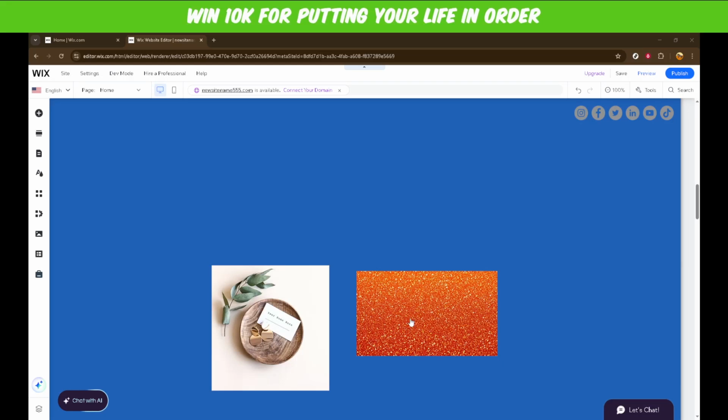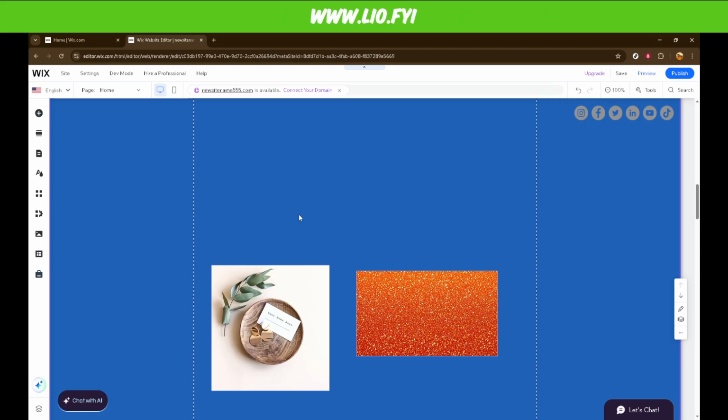In today's video, I'm going to teach you how to resize images on Wix. Whether you're updating your site with fresh visuals or adjusting existing images to better fit your design, resizing images properly can significantly enhance the look and feel of your website. This comprehensive guide will walk you through the simple process on the Wix platform to make sure your images fit